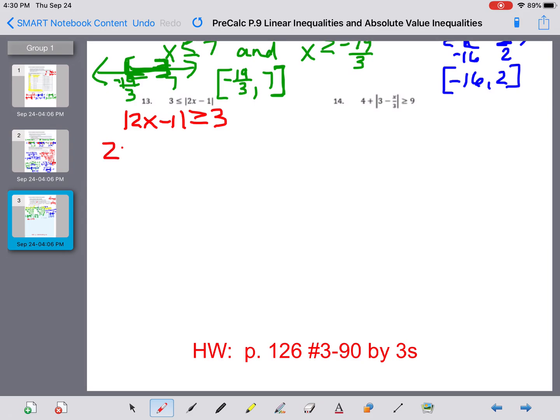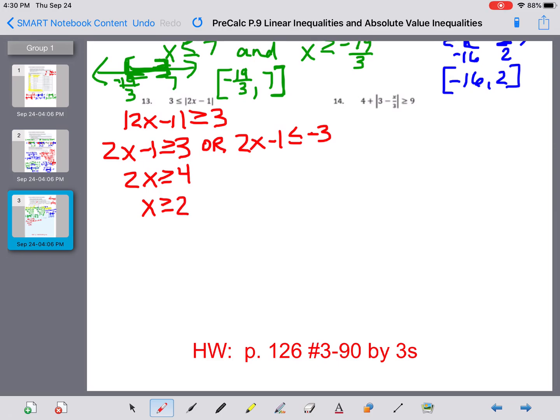So I'm going to do 2x minus 1 is greater than or equal to 3. Notice it was greater, so there's going to be an or in between. 2x minus 1 is less than or equal to negative 3. So again, that flip and the change on the second equation. Add 1. 2x equal to 4, divide by 2, x is greater than or equal to 2. On the right side, adding 1 and dividing by 2,